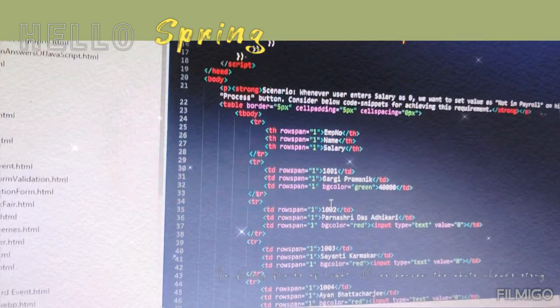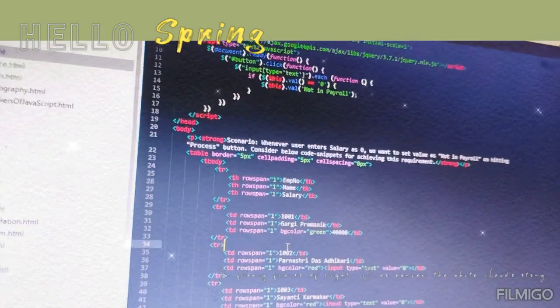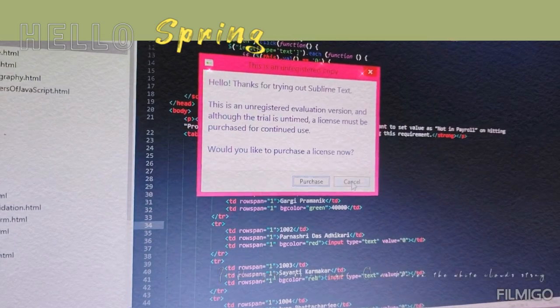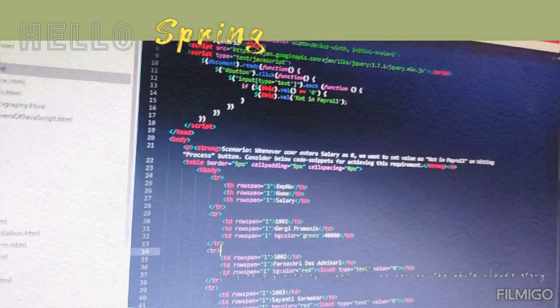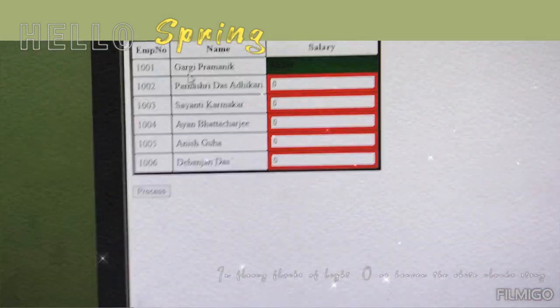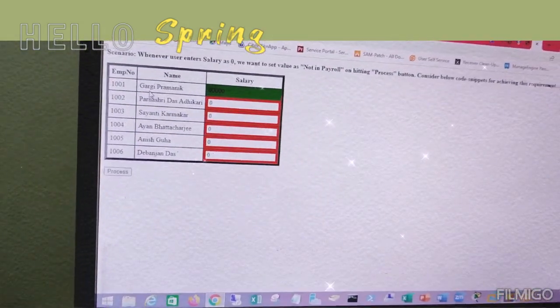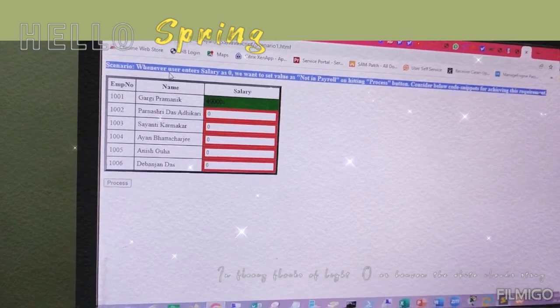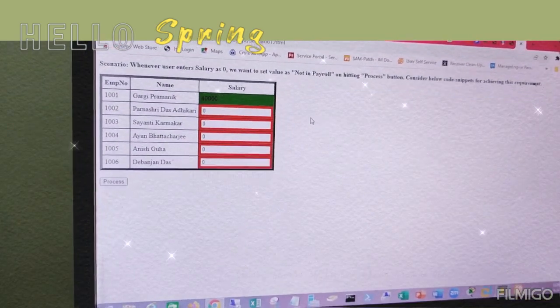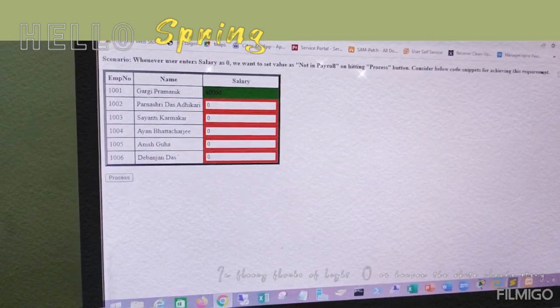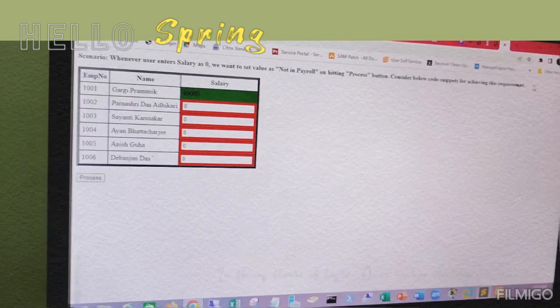after writing this code, if you do Ctrl S, that is save the code, just cancel it and just save the code, and just right click over here and open in browser. Click on open in browser. So here you can see my scenario question based text has also come, as I have used the paragraph tag, and it is in bold letters. This paragraph has come in bold because I have used the strong tag